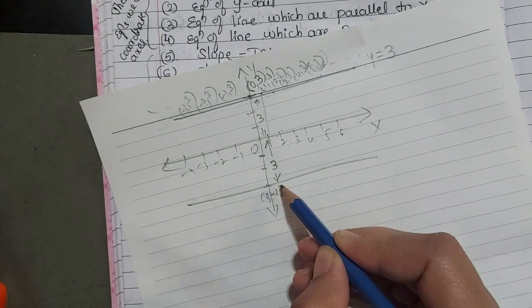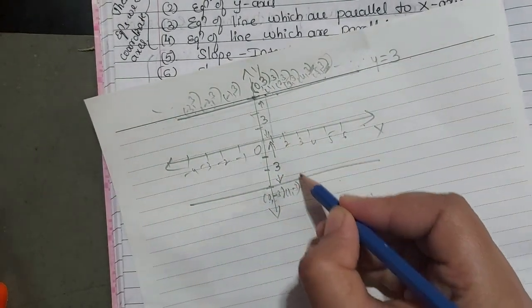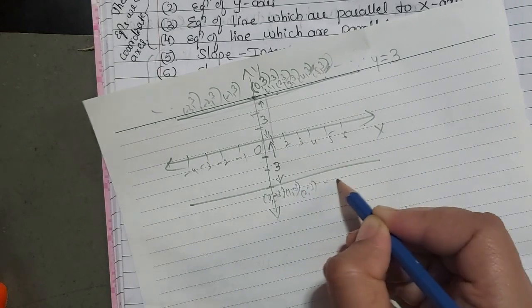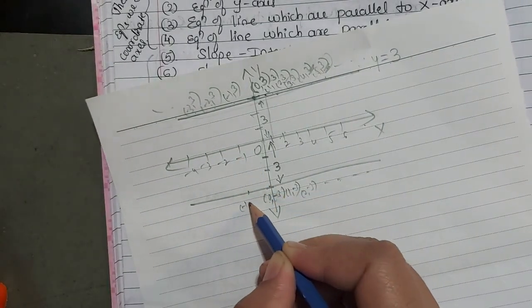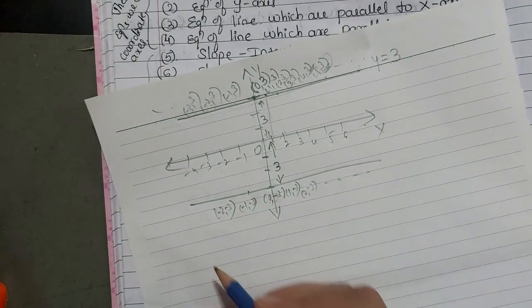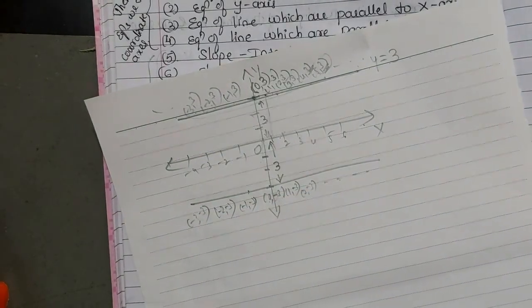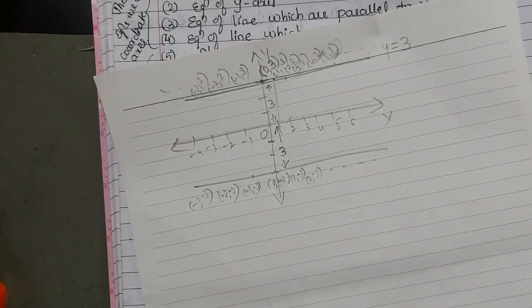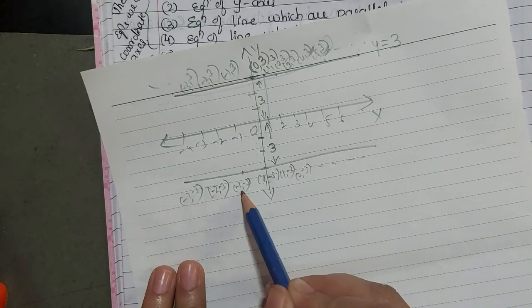So x is 1, what is y? -3. x 2 ಇದ್ದಾಗ y -3. So on. So x is -1, y is -3. x is -2, y is -3. x is -3, y is -3. So what is the general concept? What is the general condition we can see in the given points? So that is, in every point,